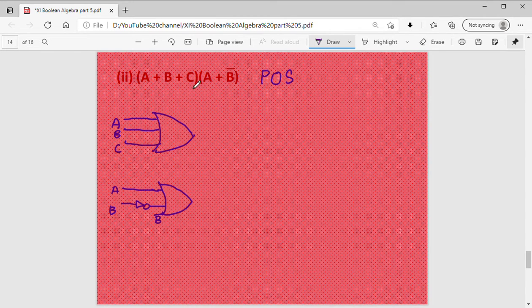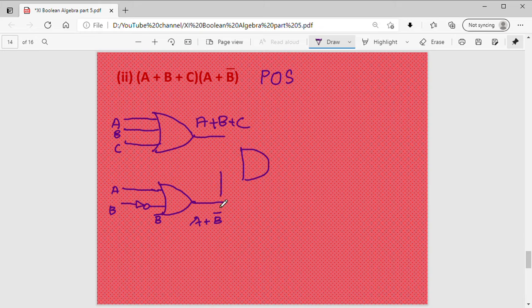So these two terms are to be multiplied. So we need an AND gate here. AND gate. The output of this OR gate will be A plus B plus C. And the output of this OR gate will be A plus B bar.